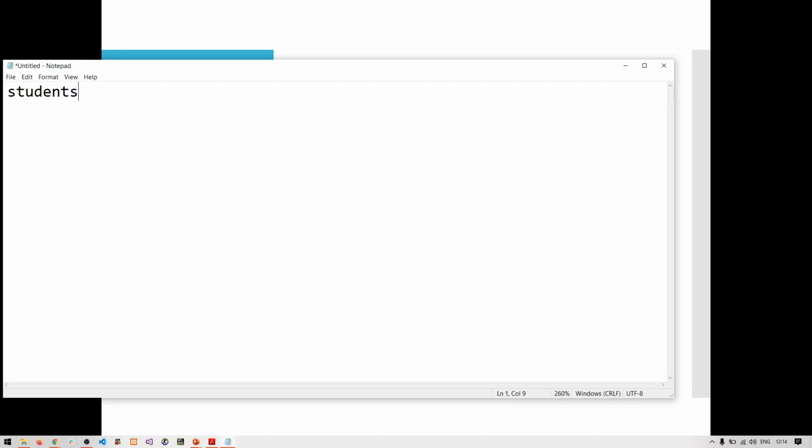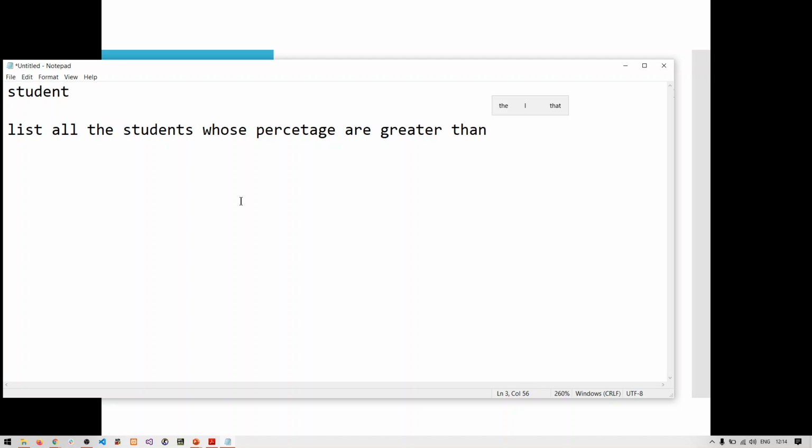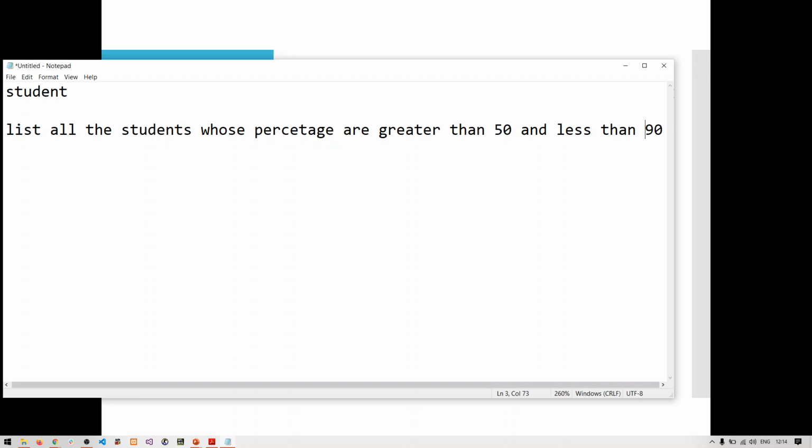Consider there is a student table, and I want to list all the students whose percentage is greater than 50 and less than 90. So how do we write down this particular statement?